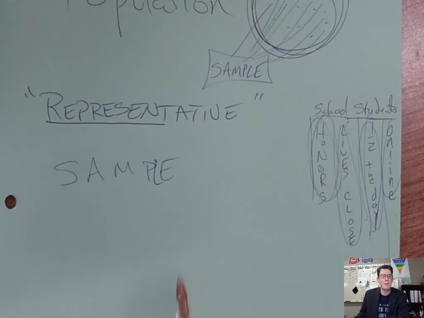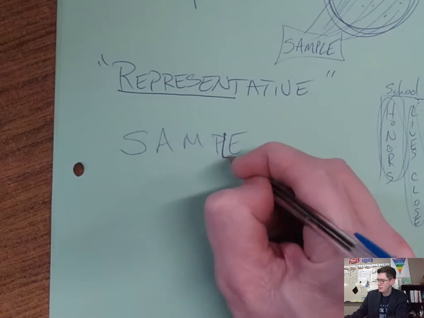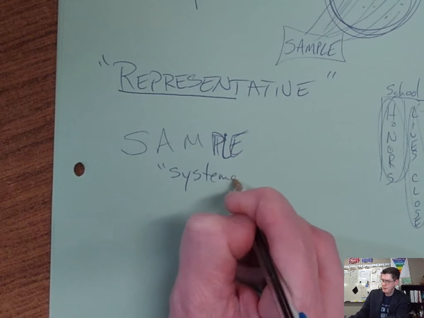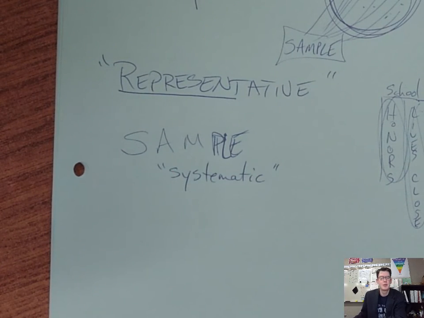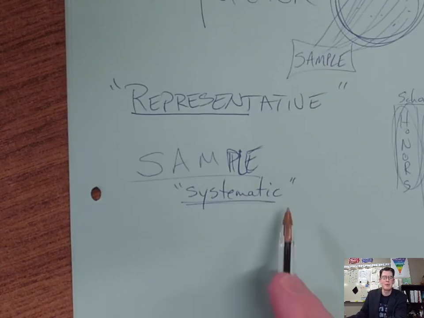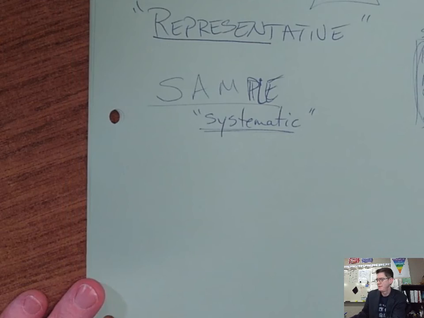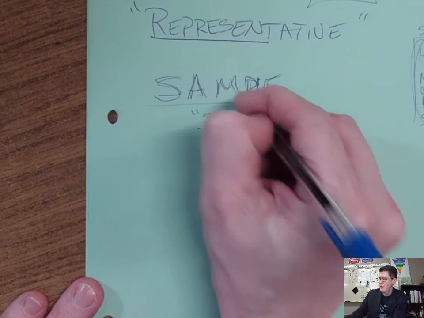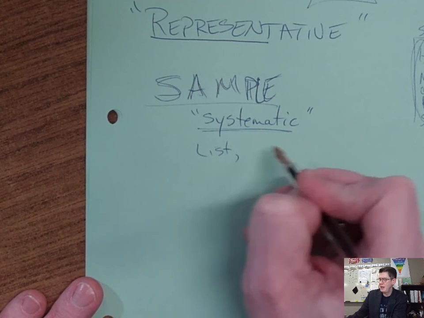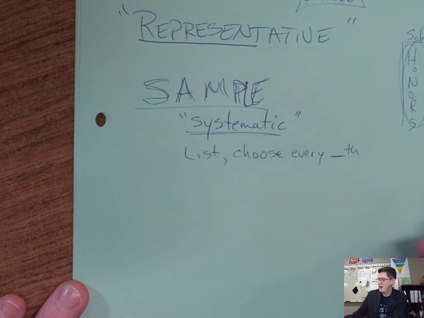How do we get that sample to be a good representation of everybody? Well, the way we do that is by doing a systematic study of the population. So how can we get a systematic sample? How can we systematically pull from the population a group that would represent the whole group? Well, there's a couple ways. Let's say that I'm going to make a list, and then I'm going to choose every fifth person in that list. Choose every fifth or eighth or